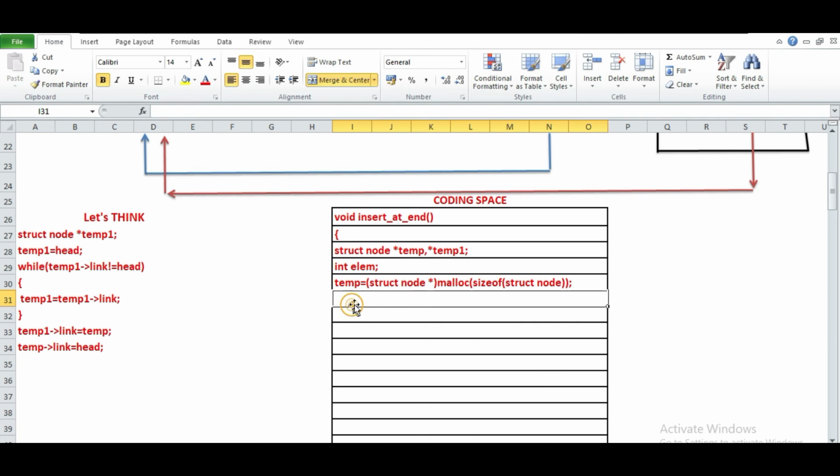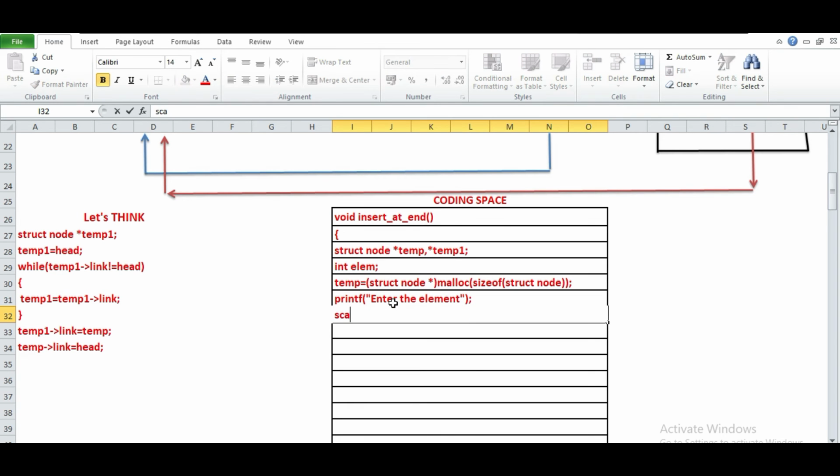So I'm going to write printf enter the element. And then I'm going to read that element from the keyboard. So scanf %d ampersand element.